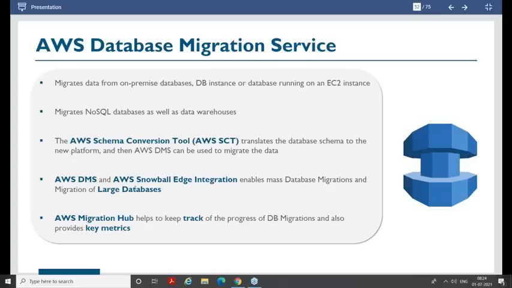When you have a large database, you can leverage AWS DMS and Snowball to move your large database from your on-premises to your cloud. AWS Migration Hub will help you keep track of your DB migration, and it will also provide you key metrics to monitor.